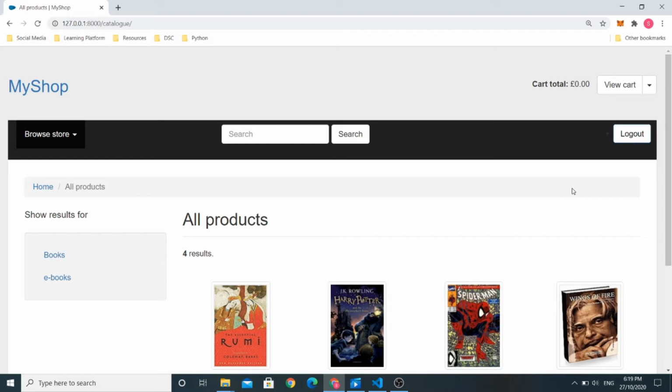Many parts of Oscar can be customized as per our need, and can be controlled by overriding Oscar templates. We have already learned how to customize the Oscar template. Oscar is a highly customizable and extendable framework. Each and every part of Oscar is customizable, right from apps, modules, models, views, URLs to templates.